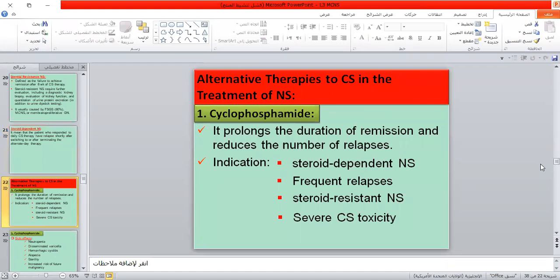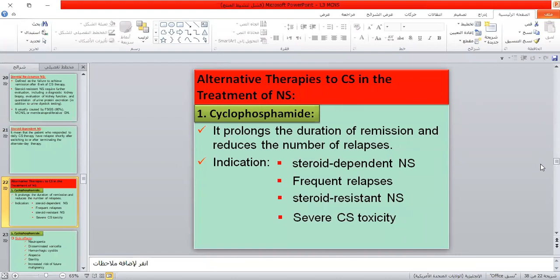زين، شنو الالترناتيف ثيرابيز؟ ما فادت كورتيكوستيرويد تريتمنت. هو اهم شيء نستخدم السايكلوفوسفامايد. Cyclophosphamide هو to prolong the duration of remission and reduce the number of the relapses. ليه تستخدمه؟ استخدمه إذا عندي steroid dependent، إذا عندي frequent relapse، إذا عندي steroid resistance nephrotic syndrome، إذا عندي severe corticosteroid toxicity اللي هي cushingoid phase، hypertension، ستراية، زين،